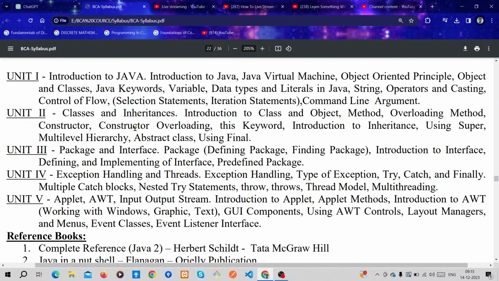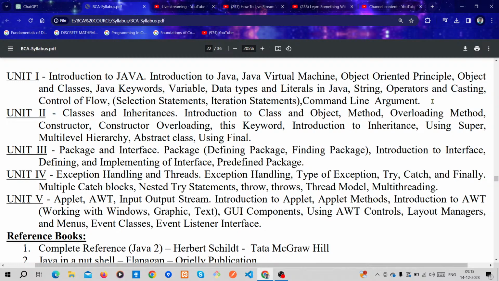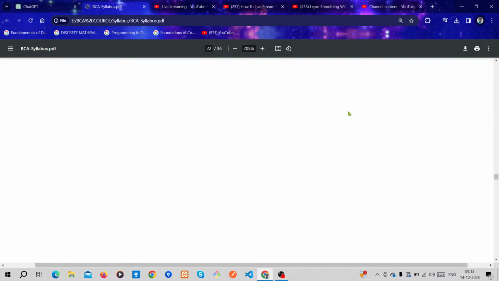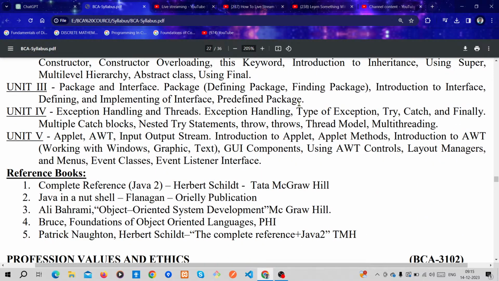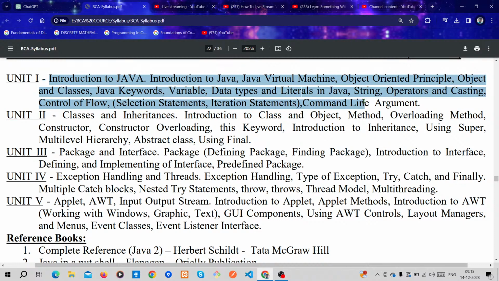So let's get started. First of all, to discuss each of these topics, copy unit 1, sorry, unit 2 also.